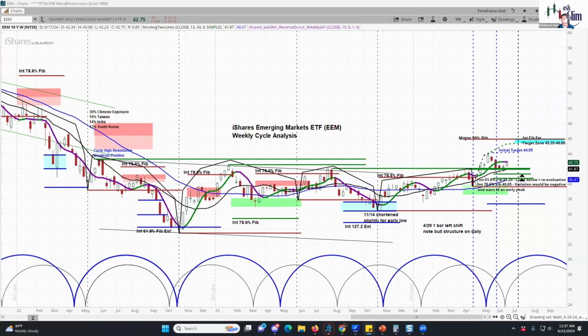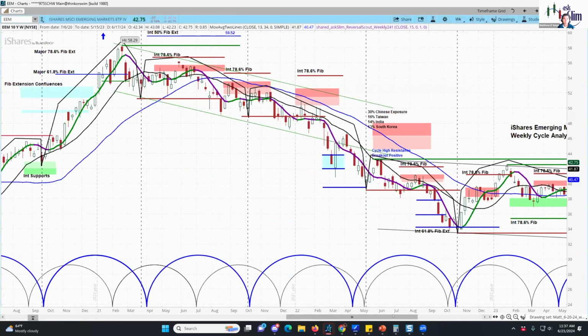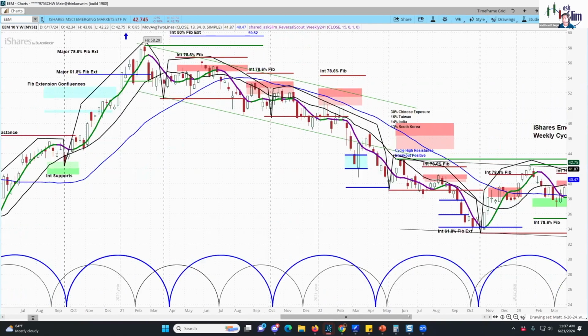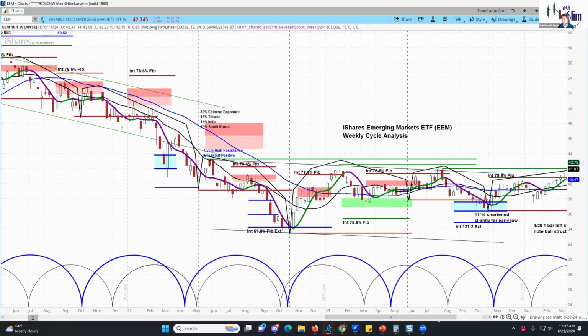So now let's take a look at EEM and see if there is a story it's telling that's worth listening to. So if I go back in time here, I'm going to go back to the COVID low. You can see there was just this massive rally that occurred all the way up to 58.29. And then post that high, it went into a major retracement that actually came all the way back and almost tested that prior low. Subsequent to that, it has gone into a huge trading range, fairly tight, and that upside